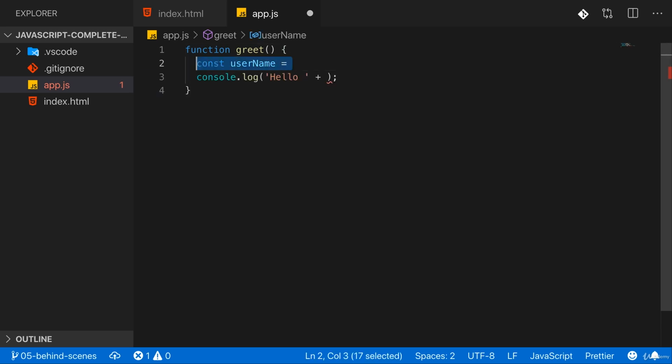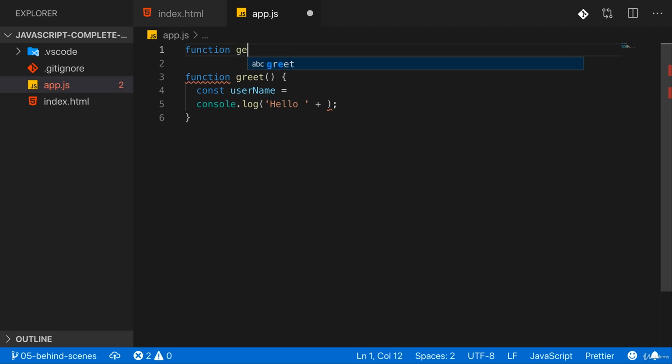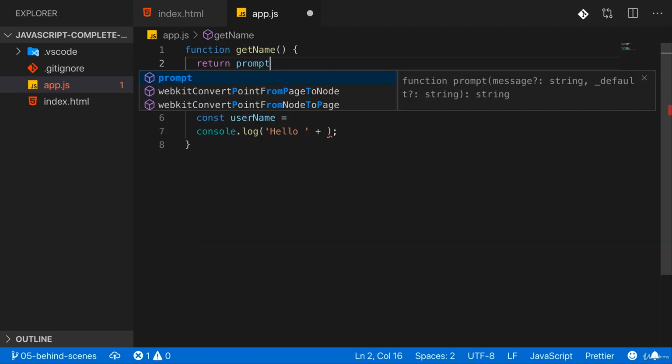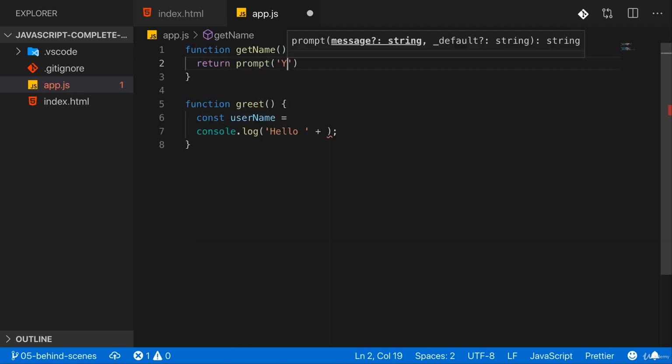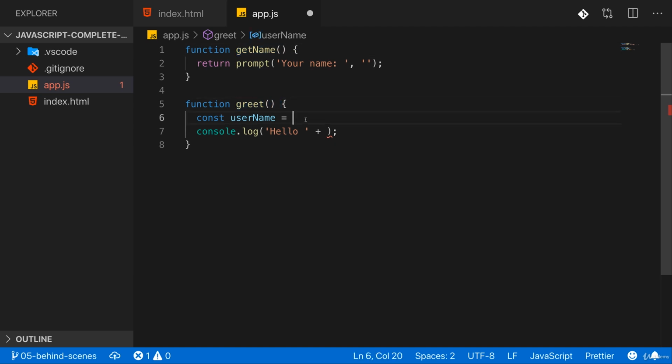So I'll have my username constant, and that value should be fetched by another function. So here I'll add another function which I'll call getName. And in this getName function, I return the result of us prompting the user for the name. So your name in this prompt here opens this dialog where we have to enter something, then prompt returns that value, and then I return the value returned by prompt to whoever called getName, which in my case will be